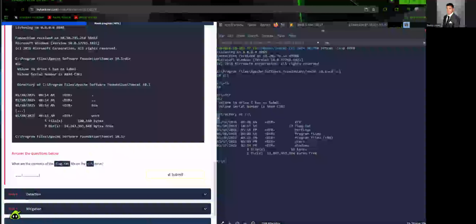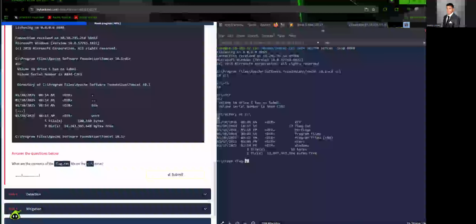I forgot we're on Windows. Okay, and we have the flag there. So type flag.txt, and that's the flag. If I can copy this, see if it makes me do the clipboard thing. No, it's worked. Heck yes.